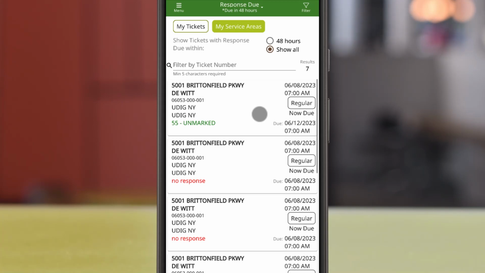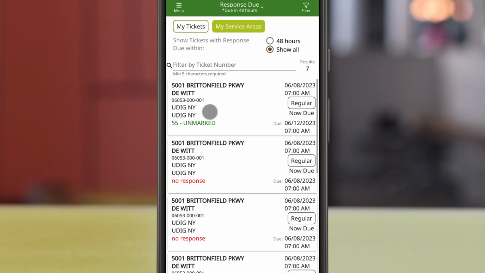If you respond with a dig delay, the ticket will remain on this view to remind you that a positive response is needed at the end of the 48-hour extension. Each location request line item box shows important information. Along with the 4 standard item line boxes shown in this view, you will also see,